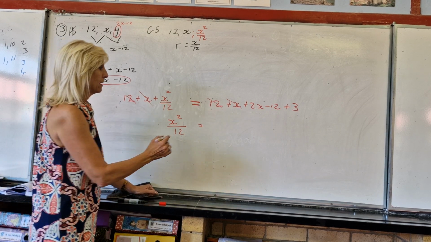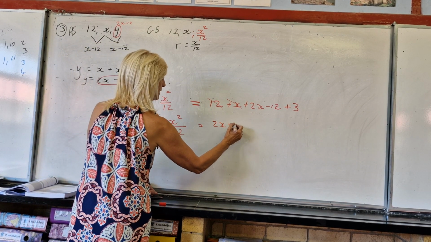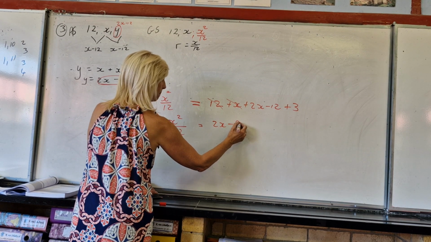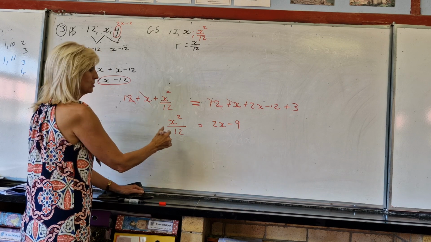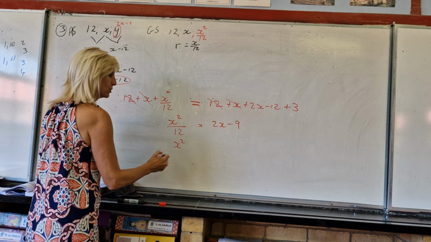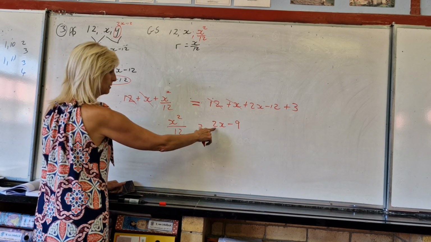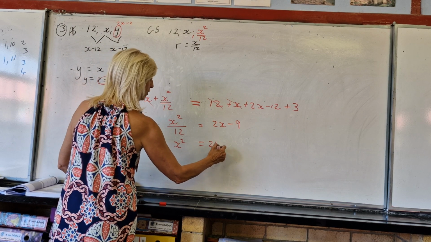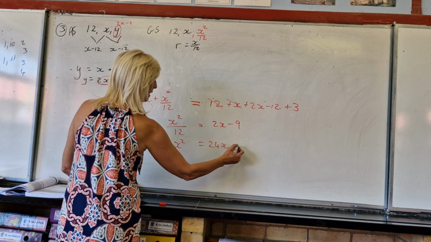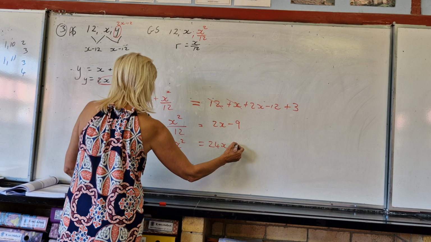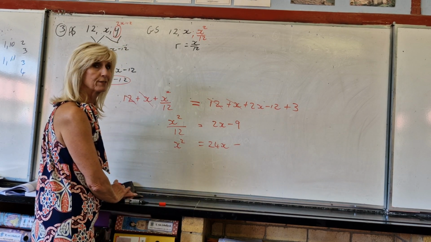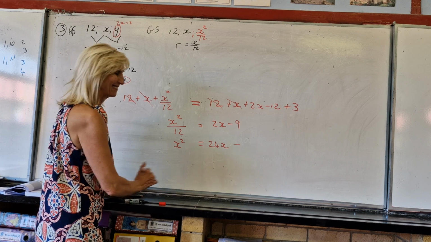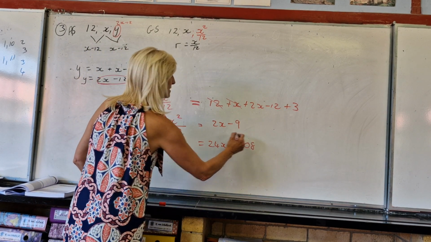So on the other side, I've got 2x minus 9. Right? Agree? To simplify further, I am going to do the LCD. So I'm going to times that with 12 and get 24x. Times that with 12, how much is 12 times 9? And I still have a